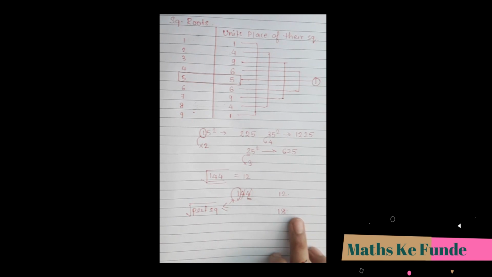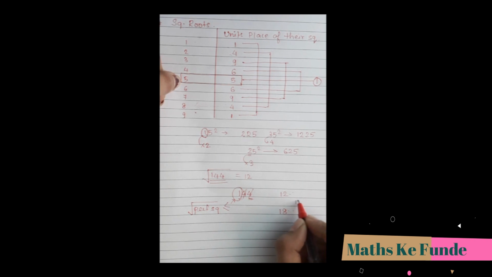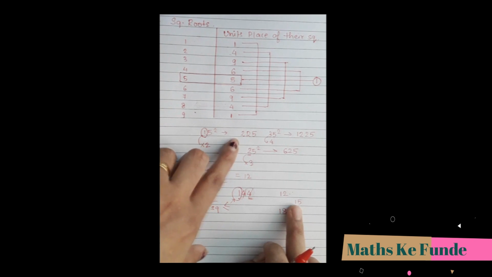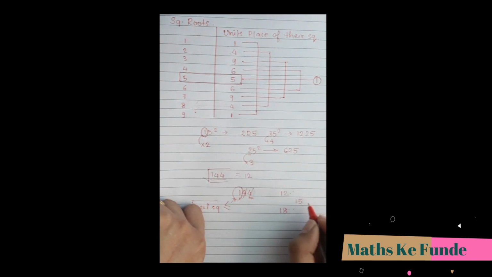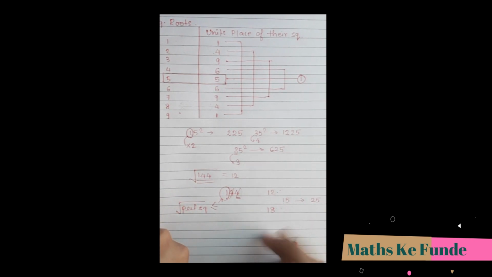So now what am I going to do? You remember I had marked this step wherein I said that numbers ending with 5 are going to help me. So I'll check for a number that's lying between 12 and 18 and ending with 5. So obviously it's 15. Now I'll get the square of this number, using the trick which we have just studied. So let's get the square of 15. The same method, 5 square 25. 1 multiplied by the next consecutive digit, so after 1 it's 2. 1 into 2 is giving me 2. So the square of 15 is 225.